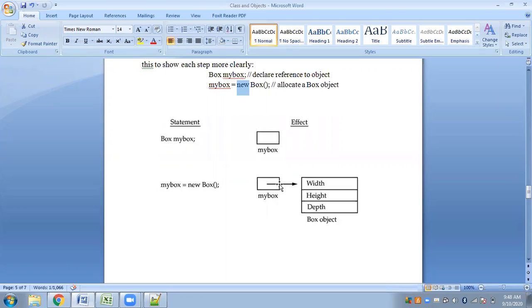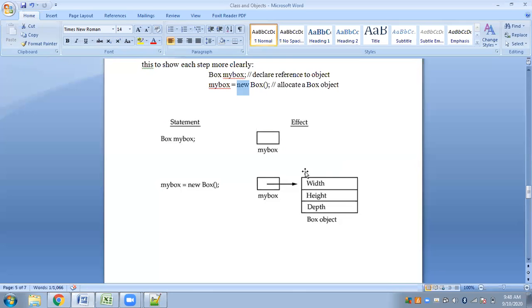Now, you need a connection between these two. This is your actual object. You have created this object using the new operator with the help of the constructor, and you also have a variable here. Now you have to connect these two. How will you connect? This will again be done by the new operator. The new operator actually does two things.